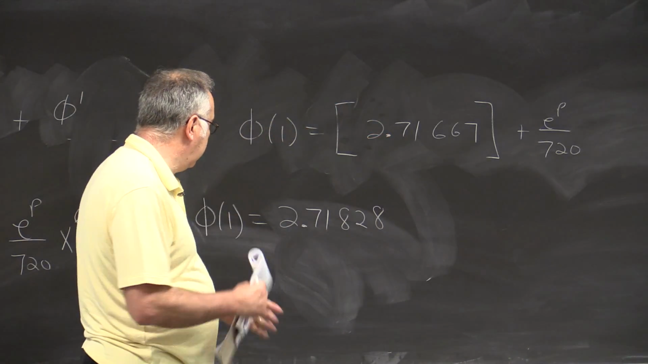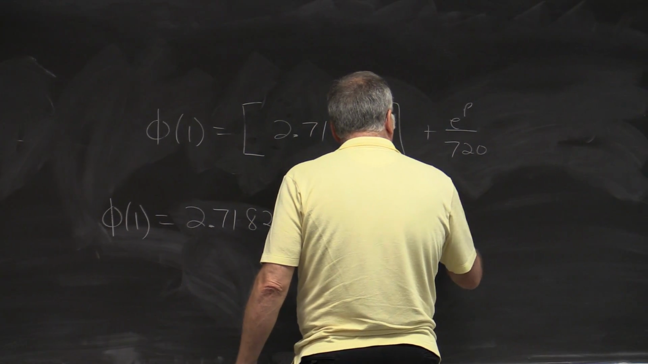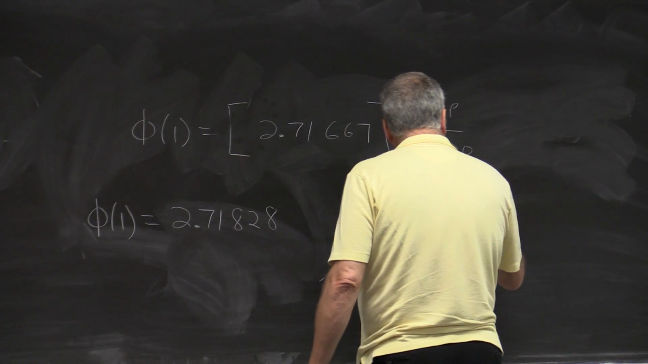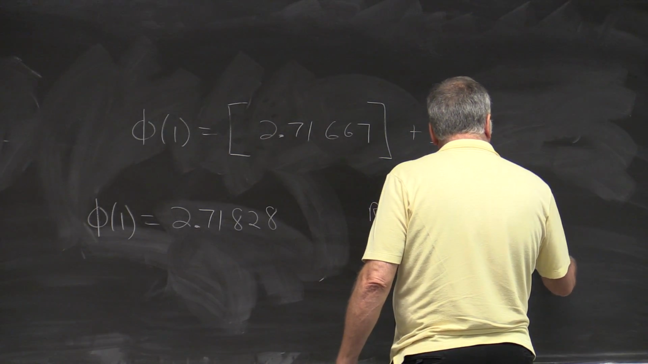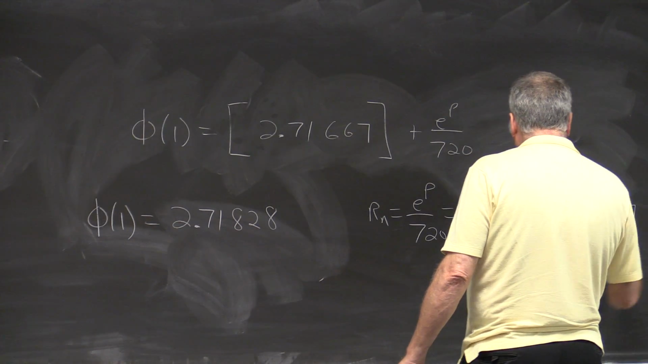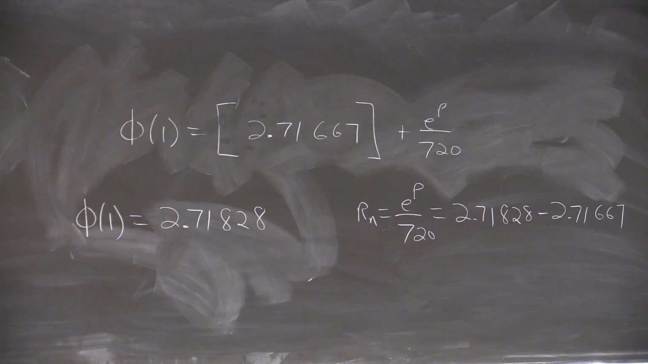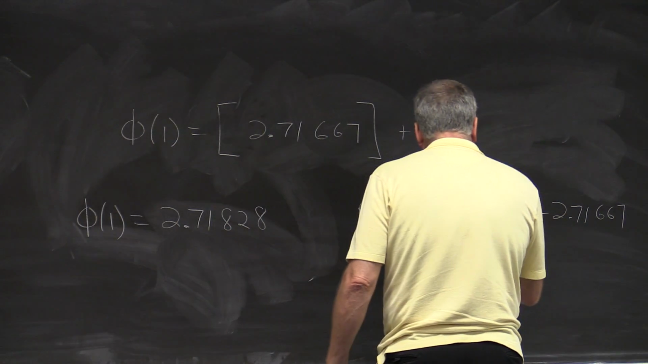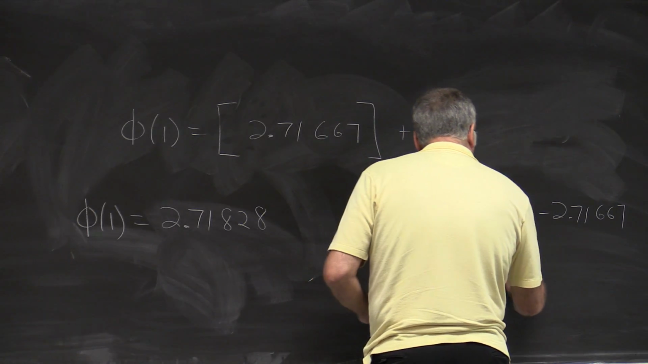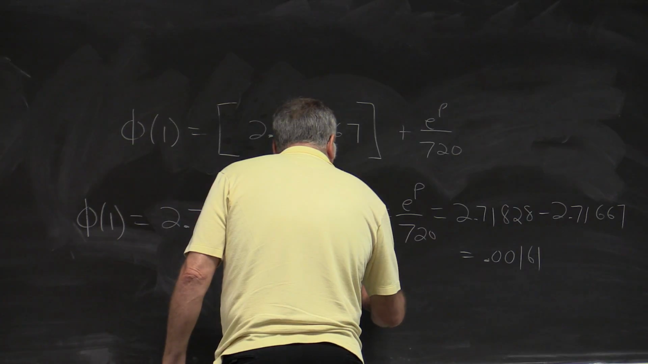2.71667. That means the remainder term, the r sub n term here, which is e to the p over 720, must be this. Again, approximating e using this, 2.71828 minus this. And you could actually then solve for p, solving this equation. This difference, the error term, is approximately equal to this, 0.0161. So solving this equation for p, you actually get p is approximately